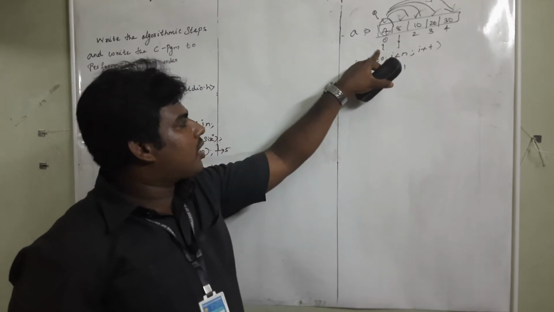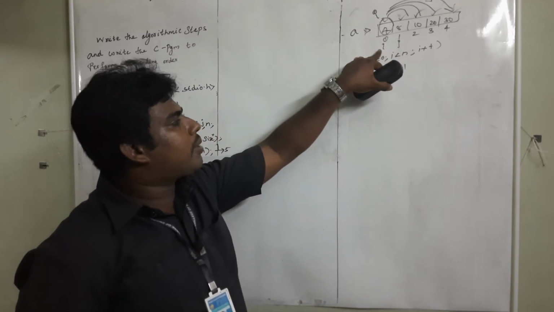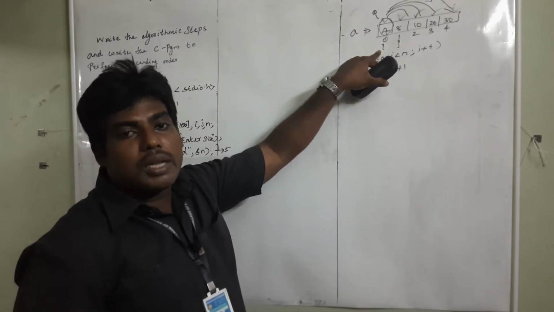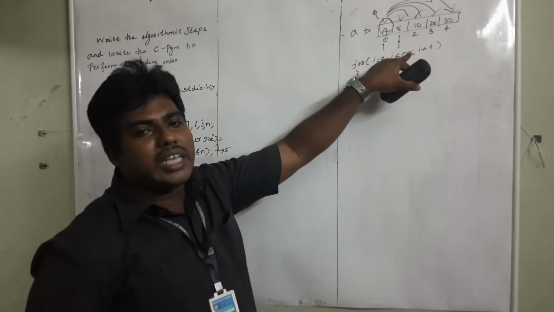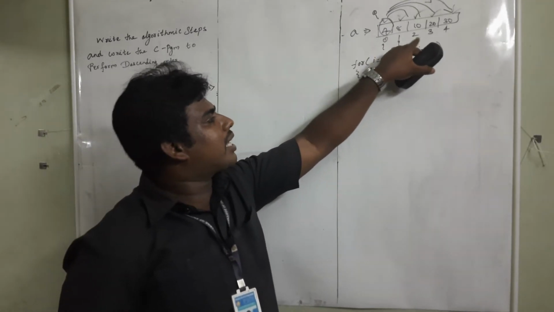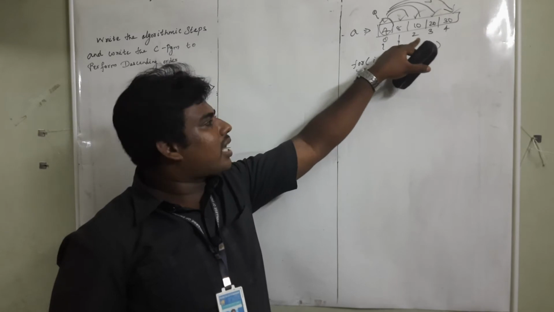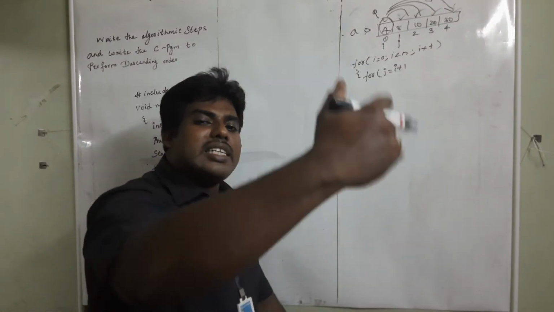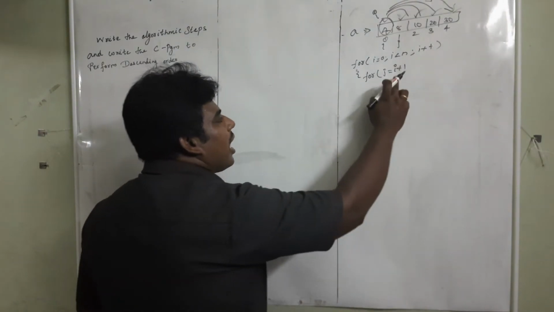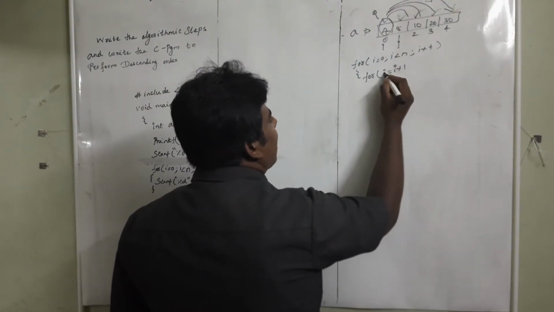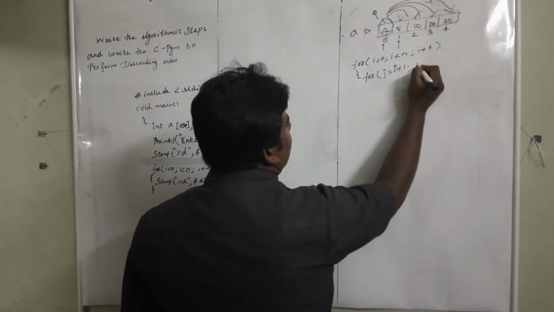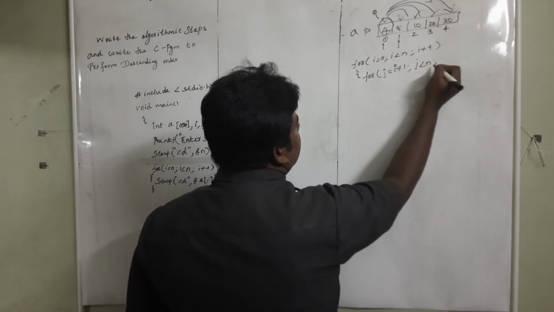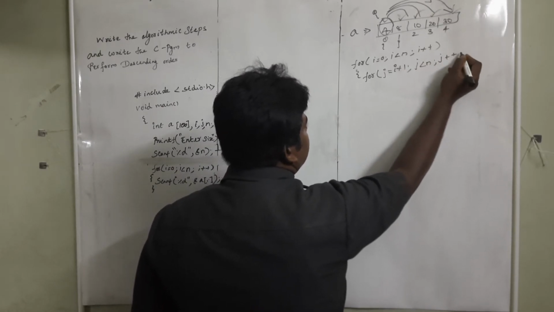When I am comparing the first element with the second element, first element is, sorry, first element is I. Second element is J. When I am comparing the second and third, second is I means, what about the third? It will be J. I want to take the next element. That's the reason I put J equal to I plus 1. Again J less than n, J plus plus.